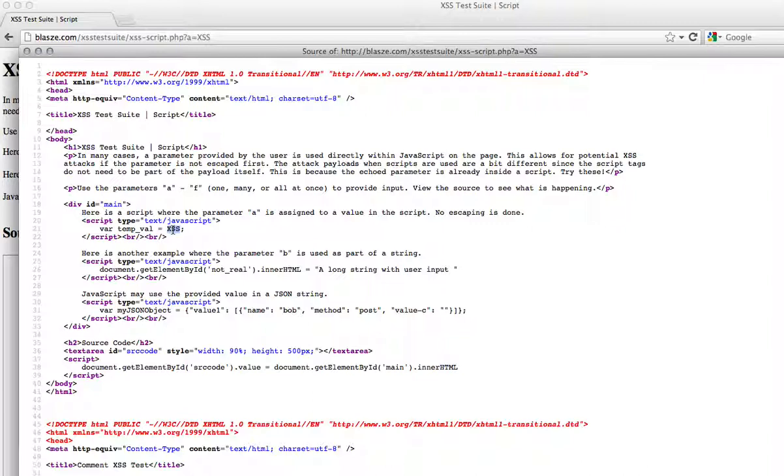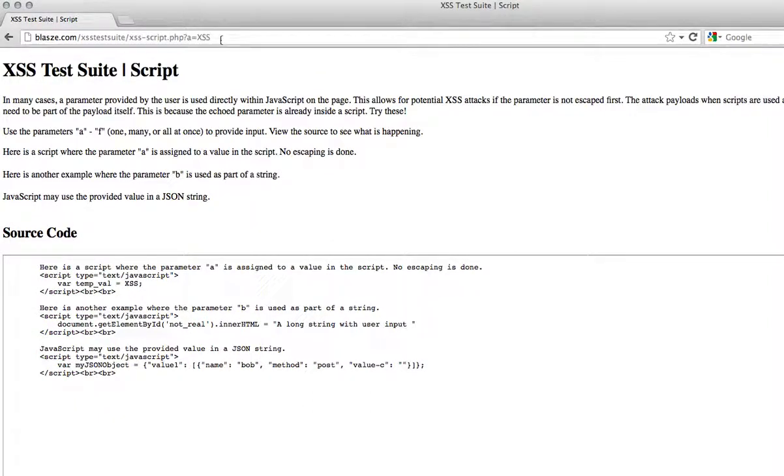So in this case, if the text the user entered is not properly escaped, then we can actually close the JavaScript line and start a new line. And we can do that with a semicolon. So if we enter a semicolon right here, and then we do an alert box,